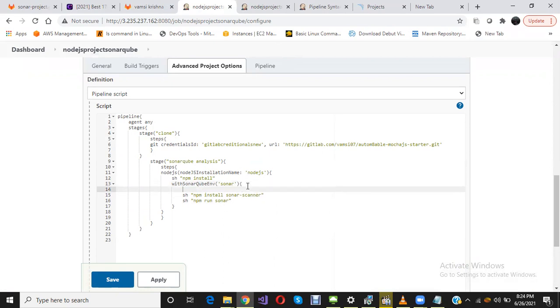So I'm installing Mocha Chai for my unit test cases: npm install mocha chai. And the next thing is npm run test, which will run the test cases.